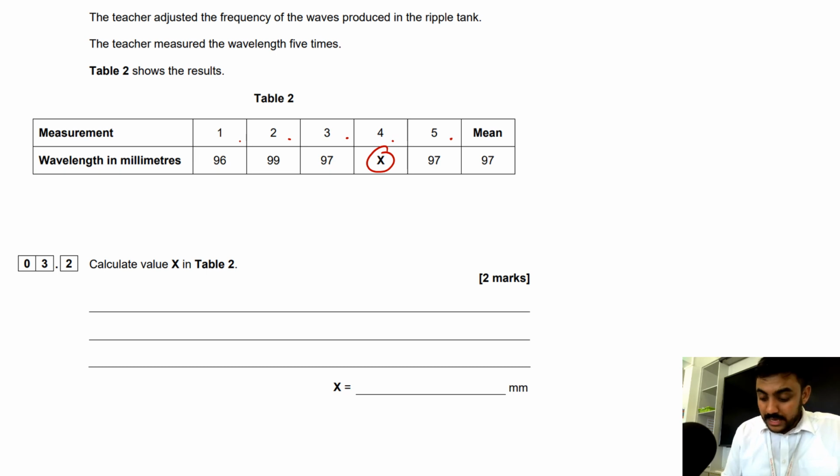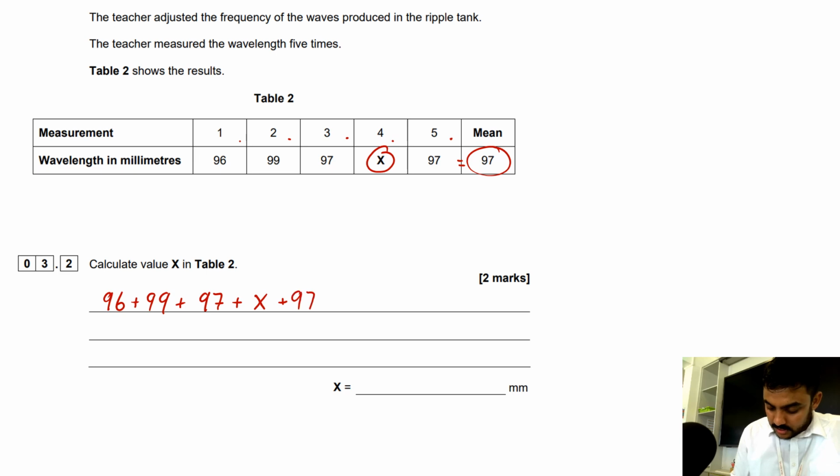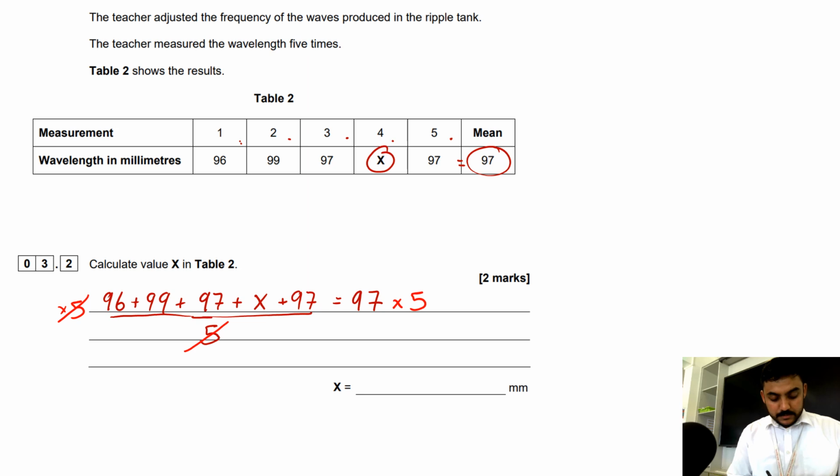So how do we calculate mean? How did they calculate this value? They did 96 plus 99 plus 97 plus x plus 97, all divided by 5, equals 97. That's the calculation that they did to get to 97. You just have to do the reverse. So if this side is being divided by 5, times this side by 5, and times this side by 5, these two cancel out. So on the right hand side becomes 97 times by 5, which is